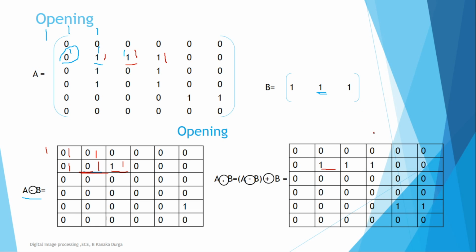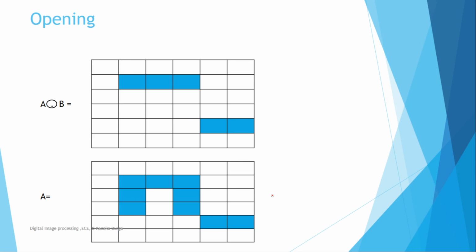So if you observe, in the background some of the values are going to be converted to ones. So whatever the background noise has been present, it will be removed. So this is actually the A. In this case, these are the pixels with respect to the noise in the background that has been present with respect to an object. If I am applying the opening operation over here, whatever noise has been present in the background has been removed also.